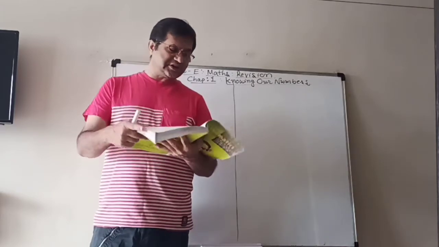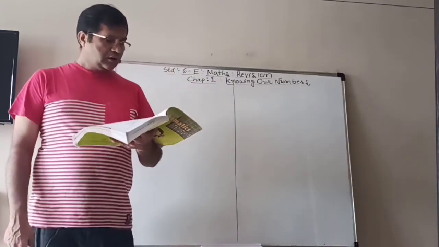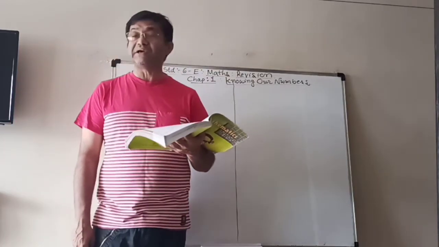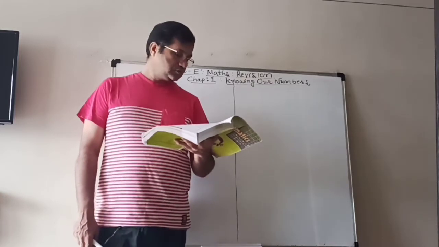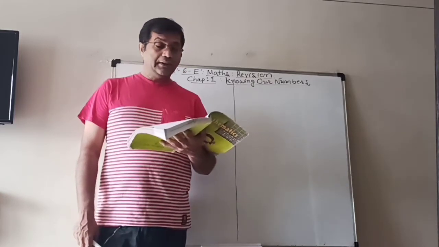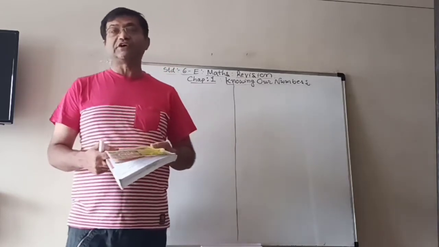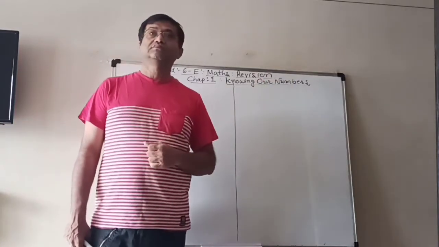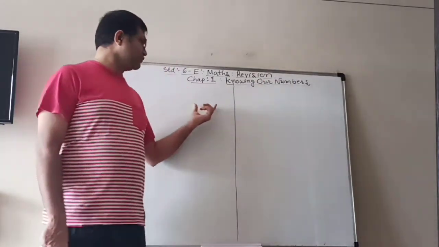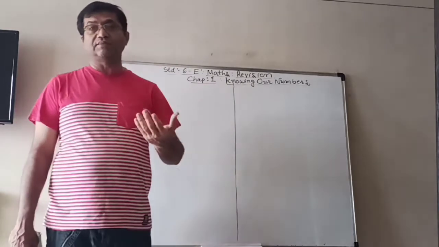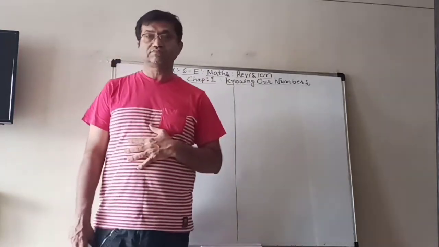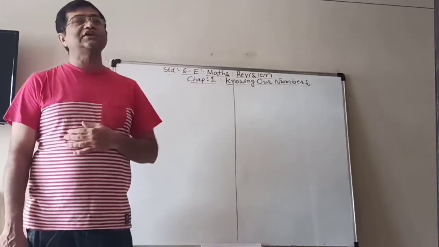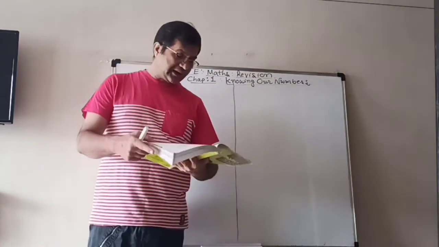But in the international system, we use a different way. Commas are used to mark thousands and millions. So we put the commas in a different way. In the Indian system, we start from the rightmost digit. First we put a comma after the 1, 2 and 3 digit, and then after every second digit. But in international, every 3 digits there is a comma starting from the rightmost digit.